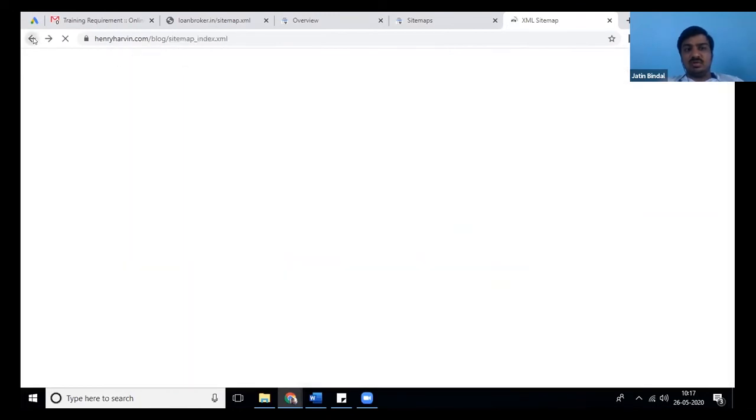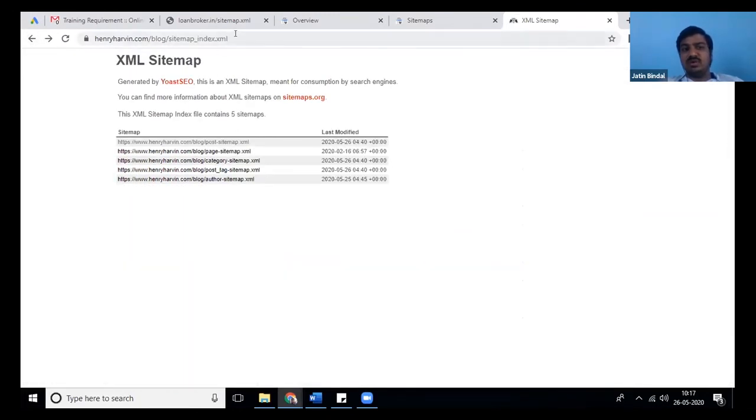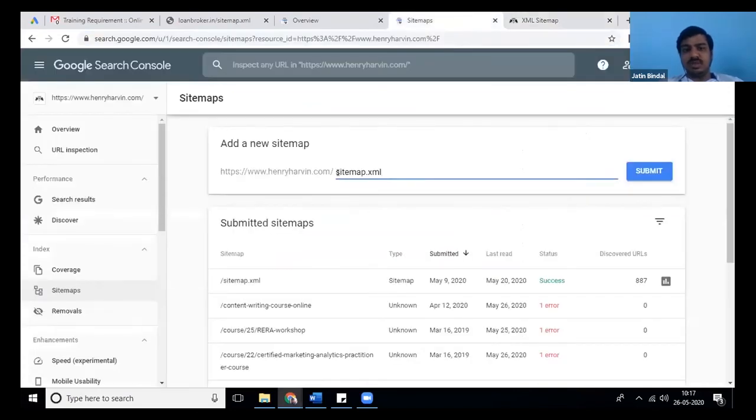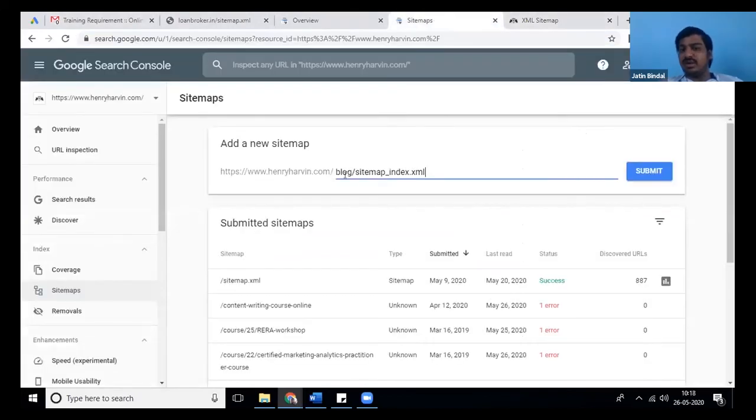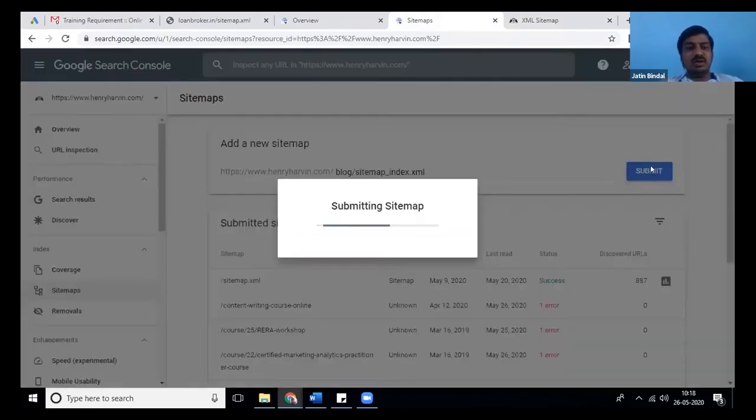So for that, I have to submit the sitemap. How to submit it? Just copy the URL and put it over here, but not the main URL, because henryharving.com is already pre-typed here. I just have to add the slug of it and then click on submit.